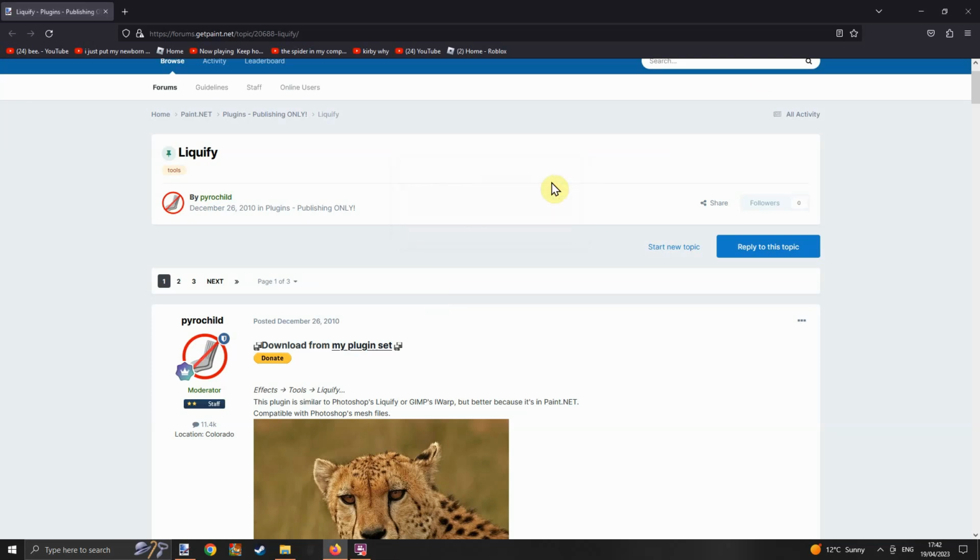Once you click on it, it will download, then just extract the files onto your computer, then do the install icon.